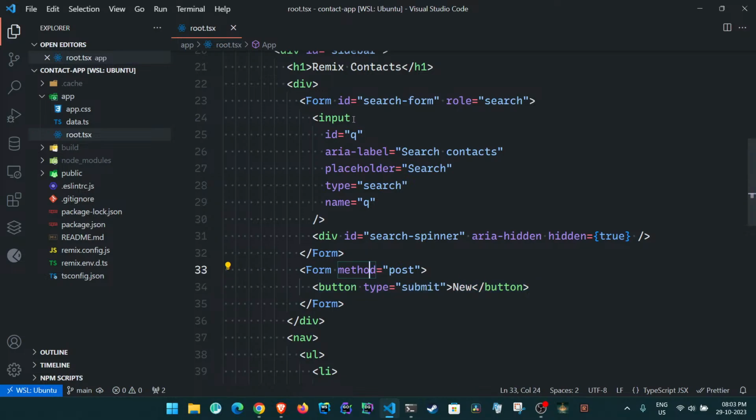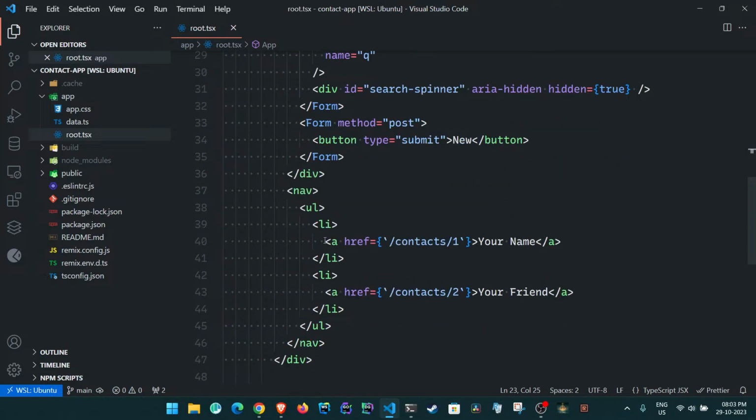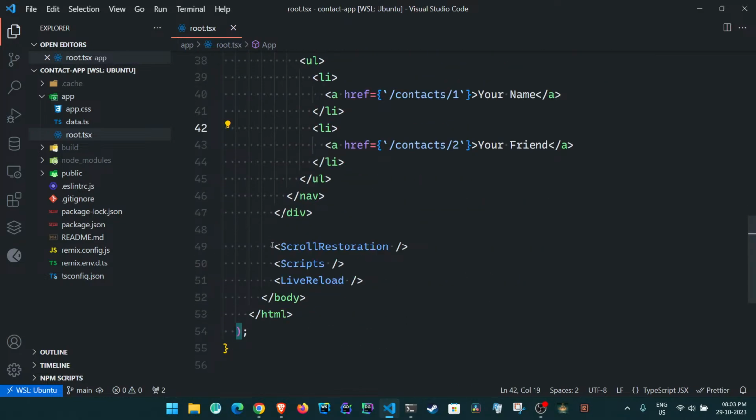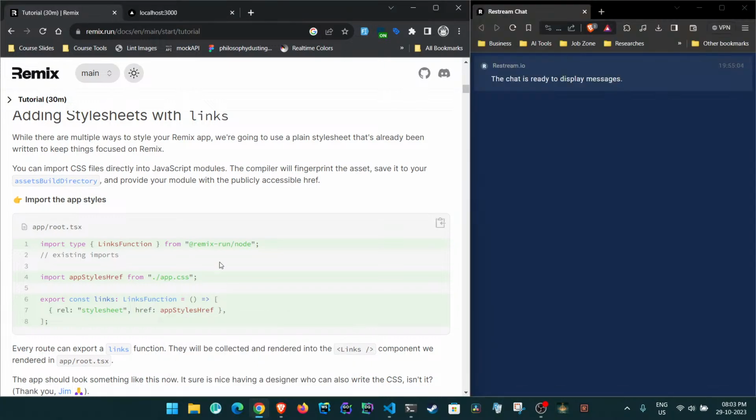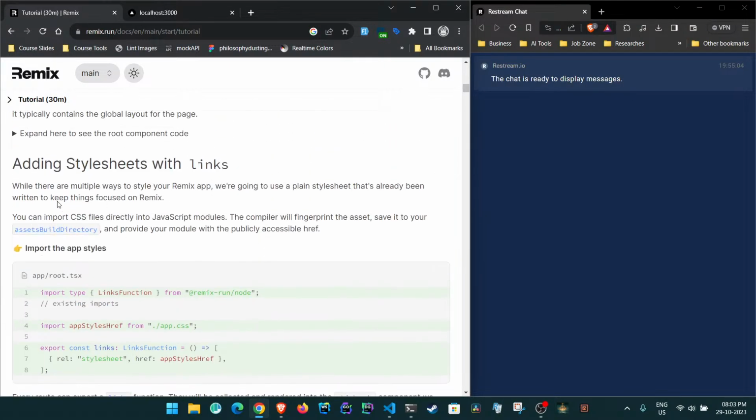Why not inside, like why not both? Anyways, then we have this a tag, and this a tag. We have the scroll restoration, scripts, and live reload. Fine. Okay, then